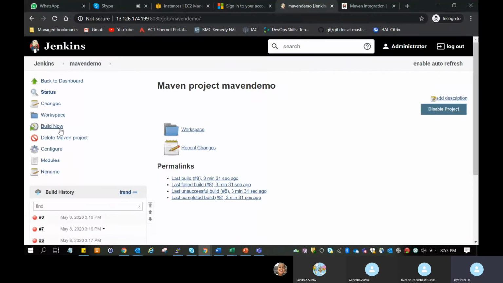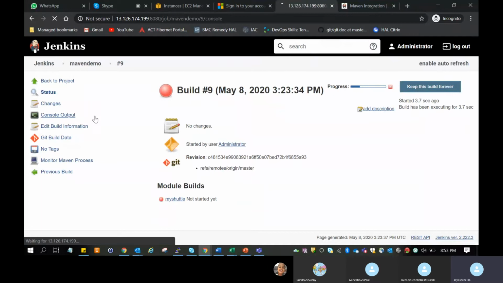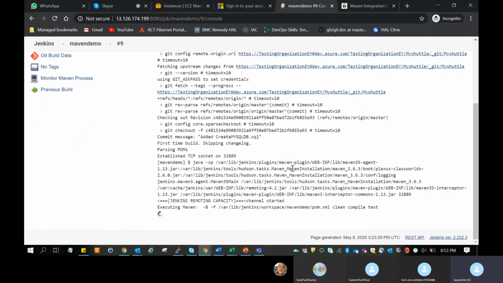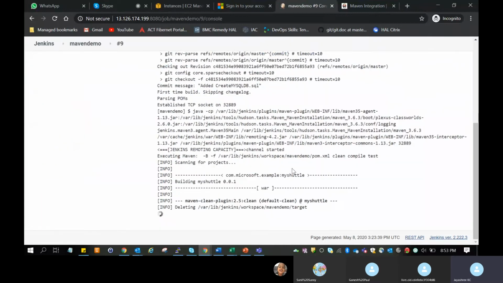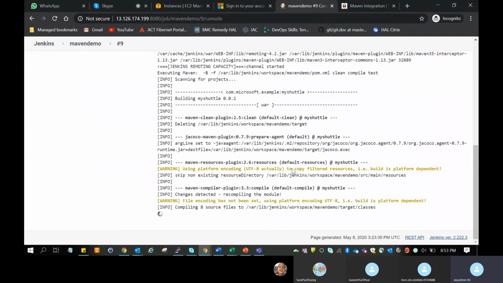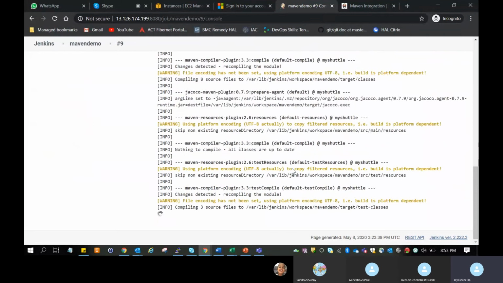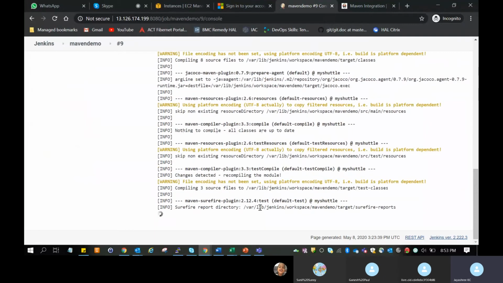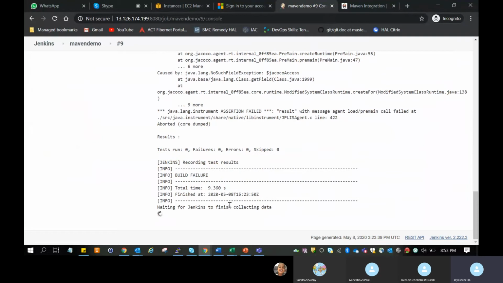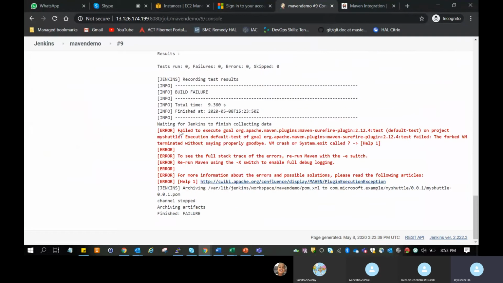Build now. Not an issue with the project then. It's not an issue with the project, it's with the plugin. Give me a second.